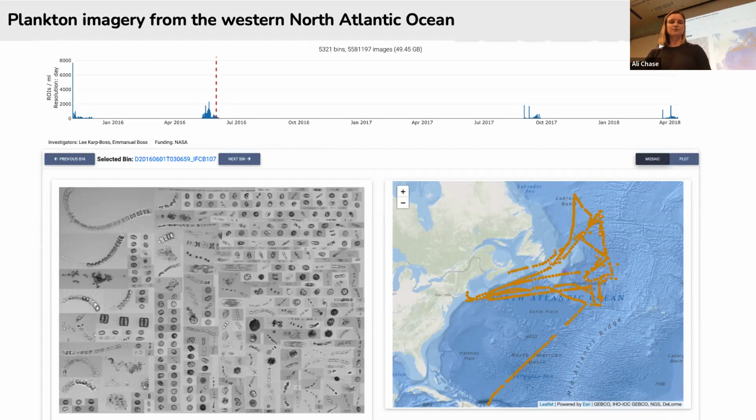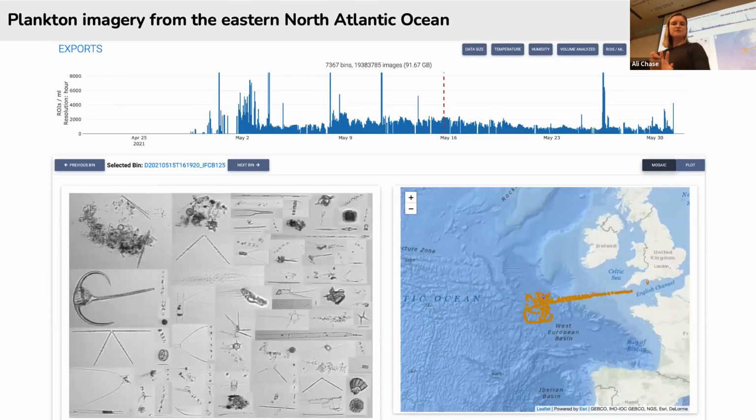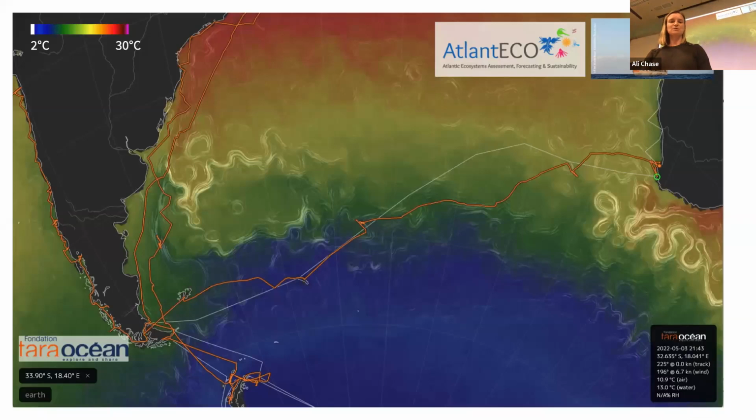But in addition to the North Atlantic, where we collect about 5 million images, there's also data from the North Pacific, off the coast of Washington out into the North Pacific. And then just last summer, some data collected here in the Eastern North Atlantic. These are several different data sets that have been analyzed to different extents so far, and the data continue to be collected. For example, I just returned about 2 weeks ago from a 2-month expedition crossing the South Atlantic Ocean with the same IFCB, but this time on a research sailing vessel called the Tara.